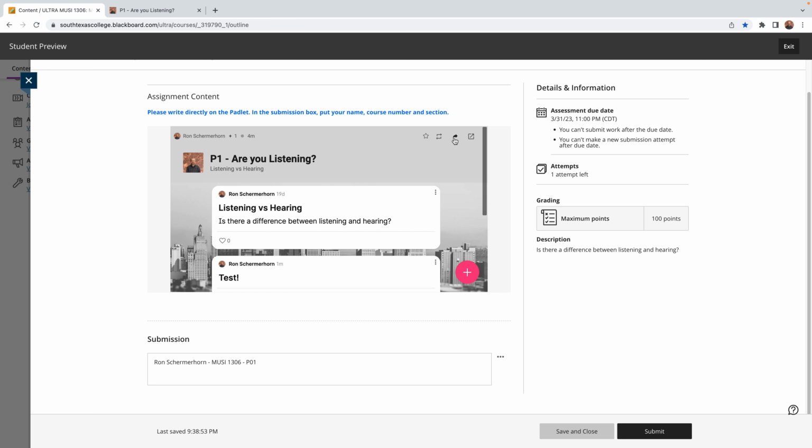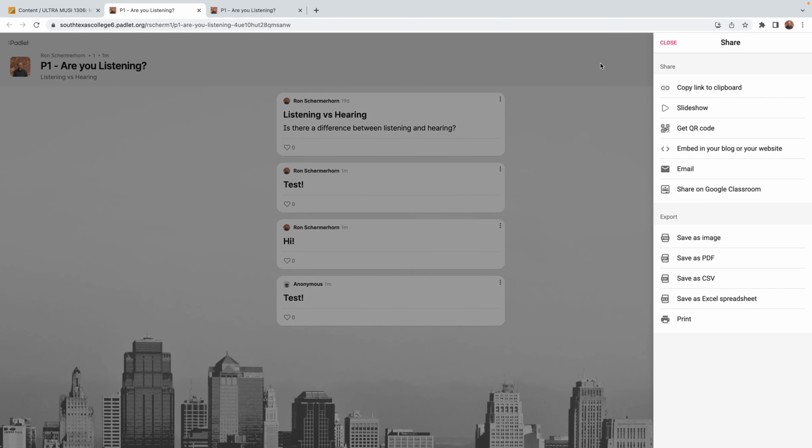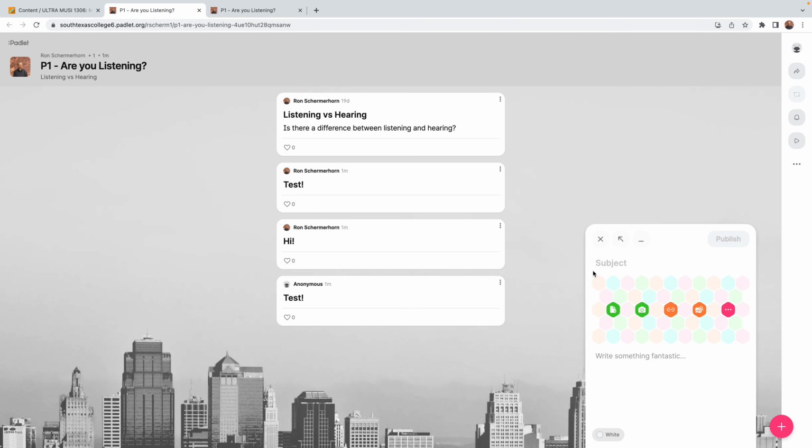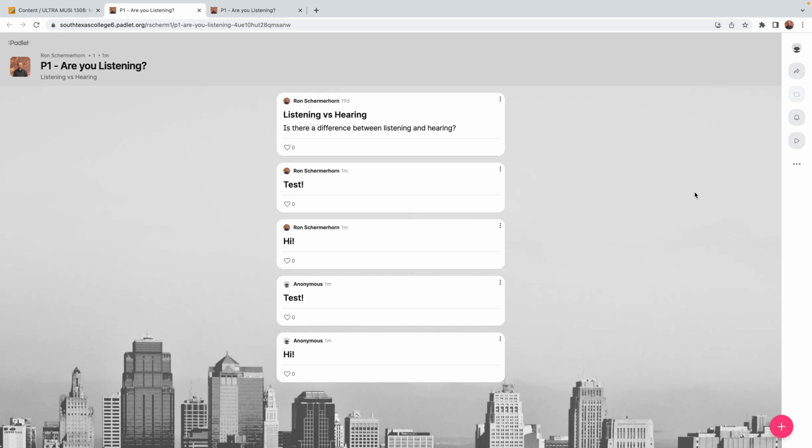All right, so what about that third icon? It's a single directional arrow. It's used for sharing the Padlet. If you click the share icon, it will open the Padlet, and you could type on it, but it will show anonymous as well. Please keep in mind that if you do share the Padlet, it may not be viewable by others based on the admin settings.